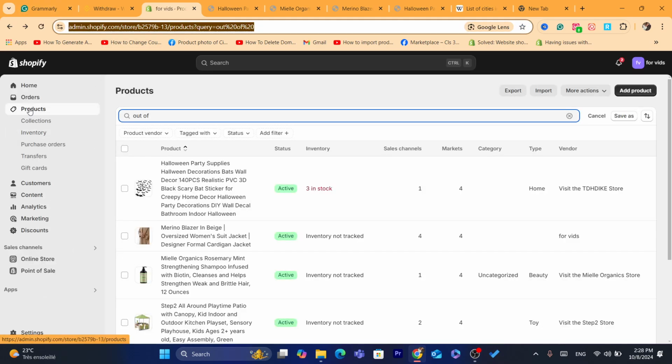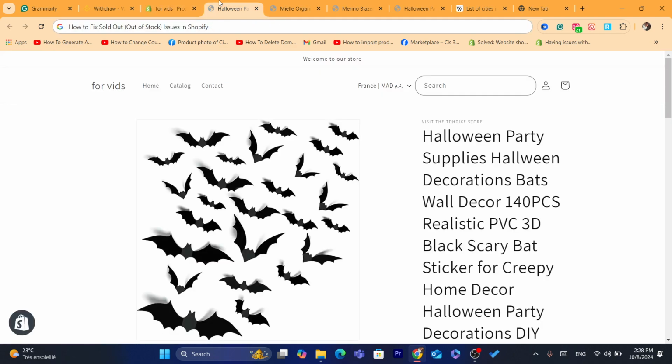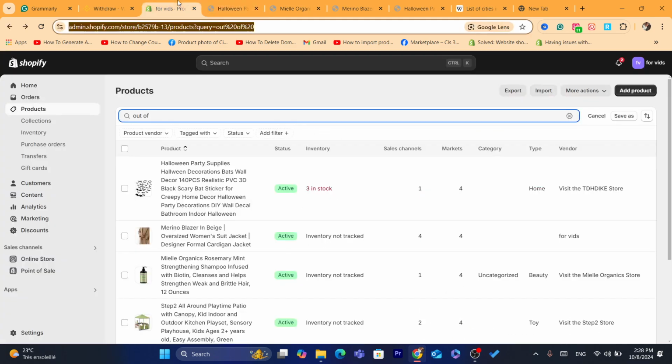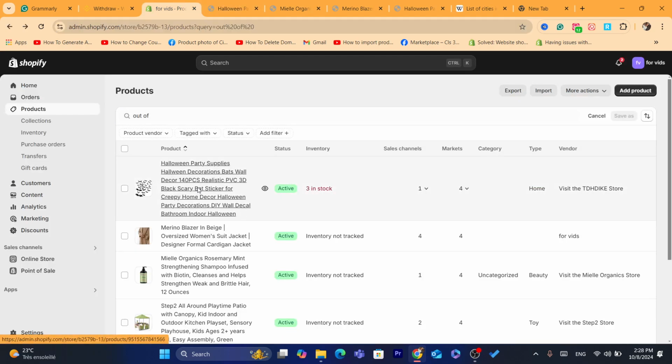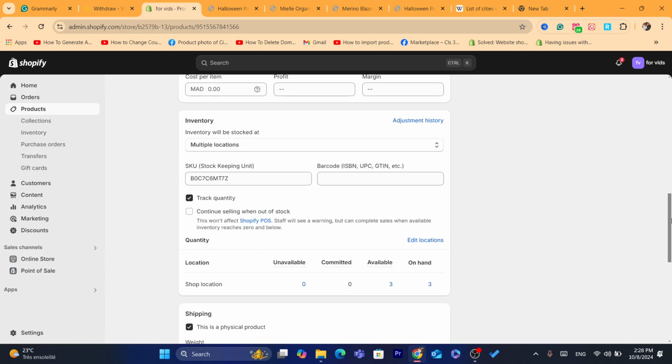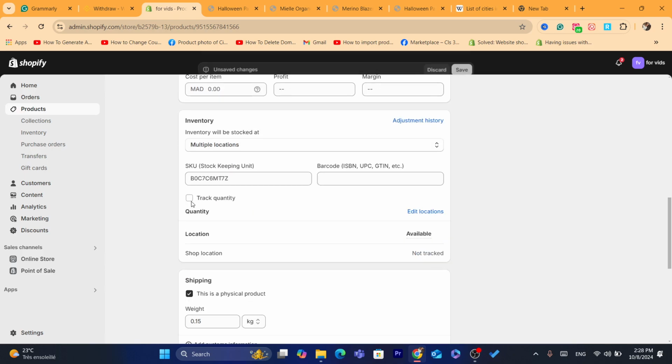Just go to your product here. As you can see your products, and this is the product we have a problem with. It says here sold out. Now we are going to search for this product, click on it. Now you want to scroll down and keep scrolling until you see here track quantity. So you want to uncheck it, as you can see here, uncheck it and click on save,